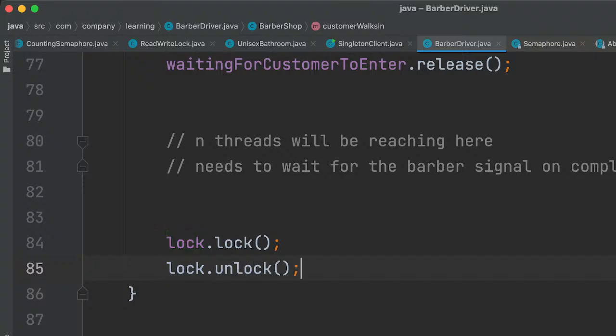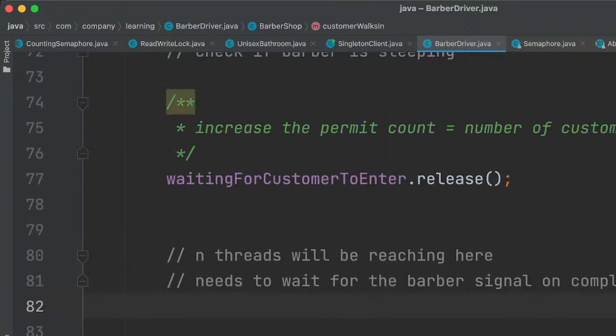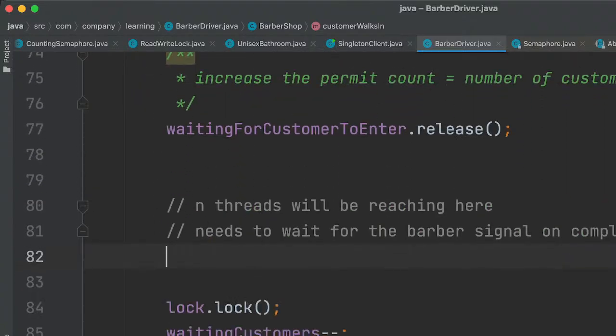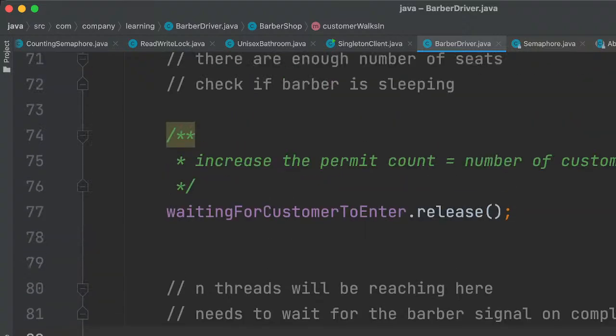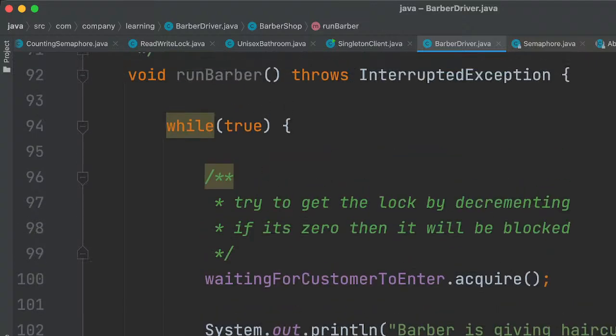And we also need to, because this request is served, and we only come here when the barber completes the haircut, so the barber needs to signal the customer on completing the haircut.